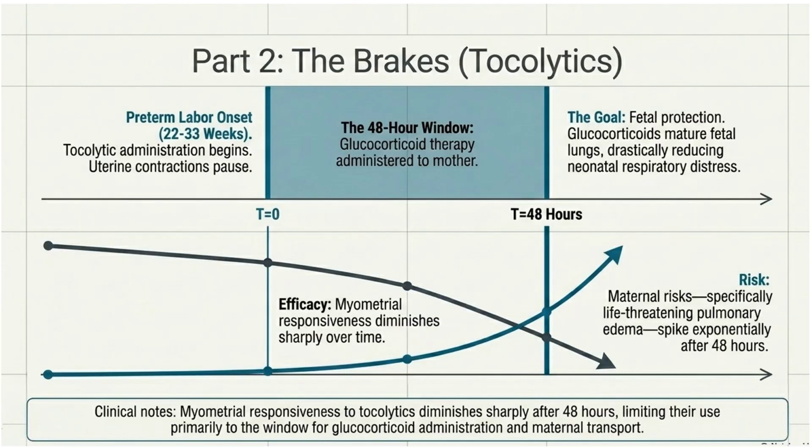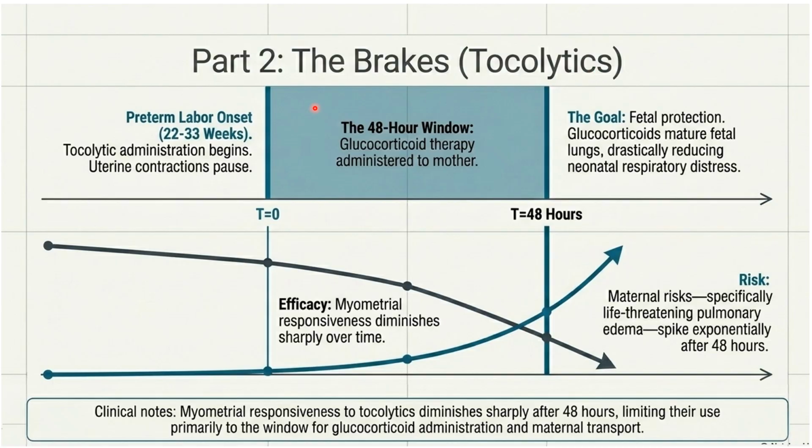Now, in contrast to the uterotonic agents or uterine stimulants, the tocolytics or uterine relaxants are used to delay the labor and not to accelerate. That's why they call it the brakes. So if you want to push the brakes for the labor to start, we use tocolytic agents. If we want the labor to start faster, we use the accelerators of labor, or what you call uterine stimulants or induction of labor by the drugs that we have mentioned in part 1. In this part 2, we talk about tocolytic agents or uterine relaxants.